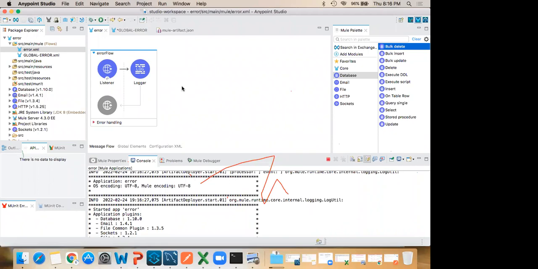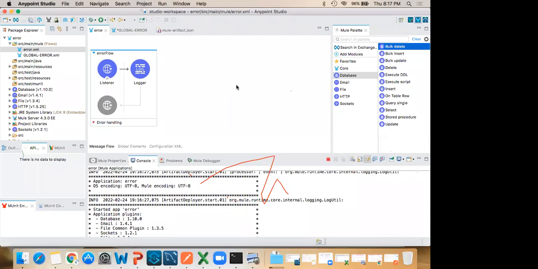Sir, after getting this job, what do we do in real time, design phase or development? That depends upon the requirement. Suppose you are getting some employee records, maybe 1 lakh records, and you want to insert them into Salesforce or a database. It depends upon the requirement. You have to design, develop and deploy it. That's it.